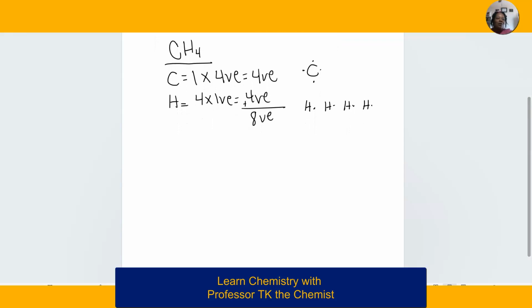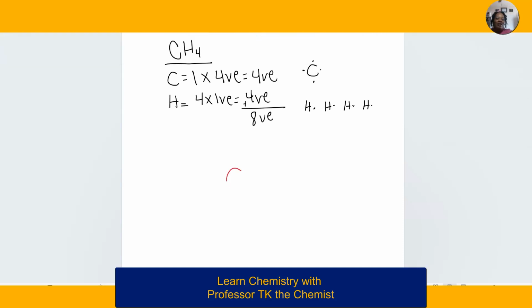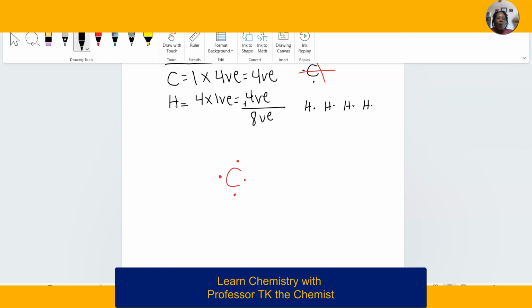Here's carbon in the middle. Matter of fact, let me go ahead and put a different color so you can see this in action. Here's carbon with 1, 2, 3, and 4 valence electrons. Remember that, all right? So we're going to go ahead and just X that out because we don't need carbon anymore. Carbon is the one that's hosting the party. Remember that. The element with the most valence electrons, the one that needs the most attention, has to go in the middle. So that's where carbon is. In the middle. Now hydrogen, the first hydrogen that knocks on the door, boom, boom, boom,